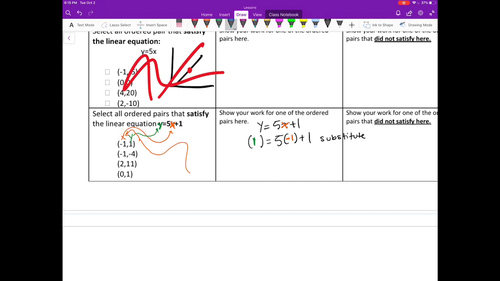Now I'm going to simplify. The next line down is called simplify. So then, did I use my parentheses? No, I don't need them. So then bring down your 1. Anything you don't use, you bring it down. All right, what's 5 times -1? Be careful. 5 times a positive times a negative is a -5. Bring down what you didn't use, right? We didn't use that. Did we use that yet? No, bring it down. So plus